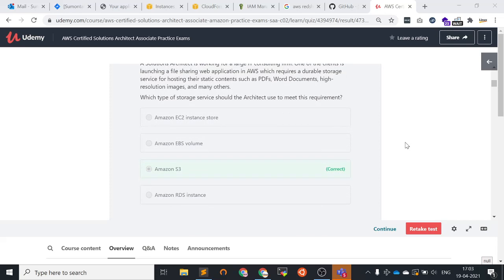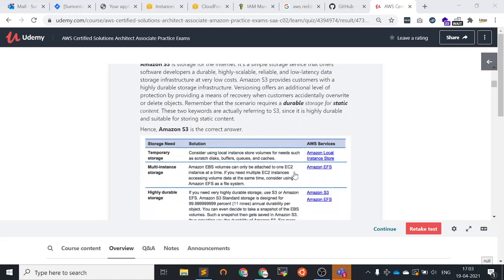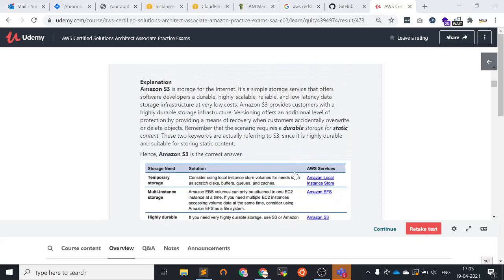The relevant answer is S3. We can upload our files to S3 and use it as a file sharing web application. The scenario requires durable storage for static content, and S3 is highly durable and suitable for storage of static content.